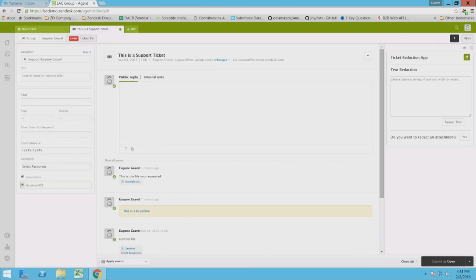Now, this is the basic overview of the Zendesk platform. If you have any questions,